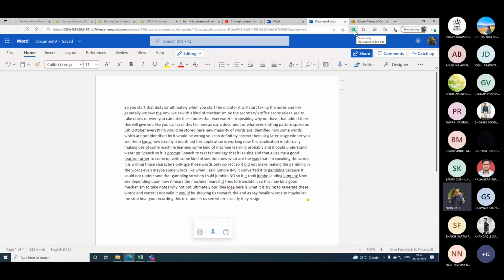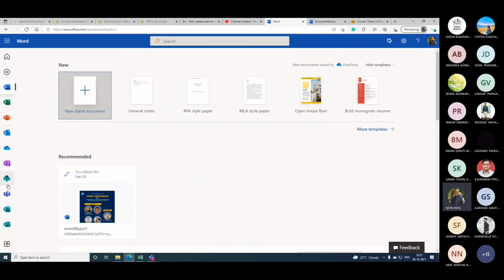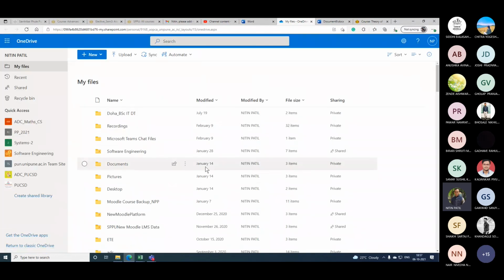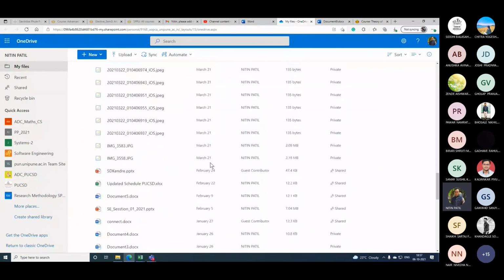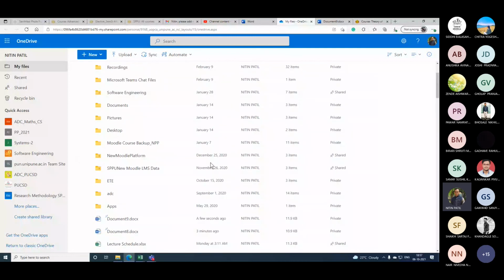So when you are here, you can get Windows activated for your laptop too, because this Office 365 complete setup is available with you, all such applications. There is a cloud available, which is OneDrive, for you. You can store all your files here, the assignments, and our recordings are also stored here. So let me show you for a while.